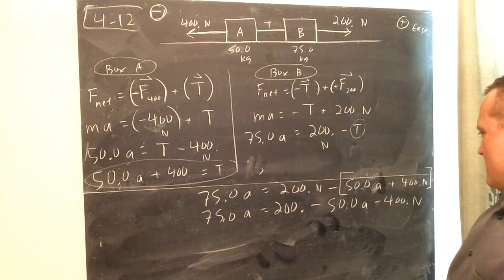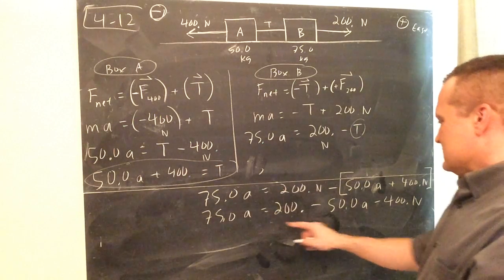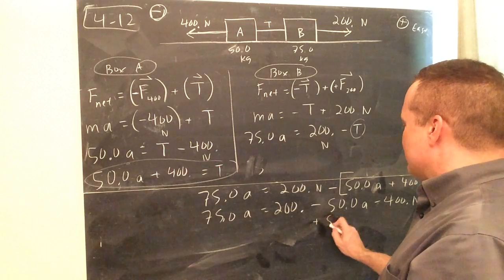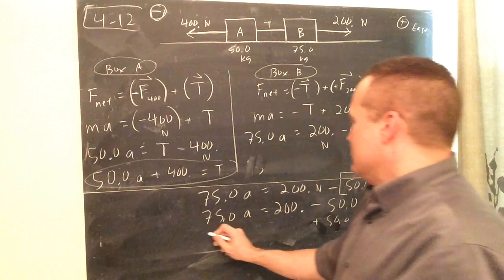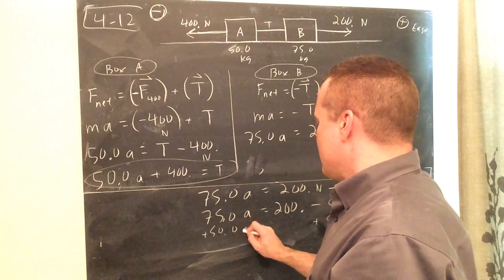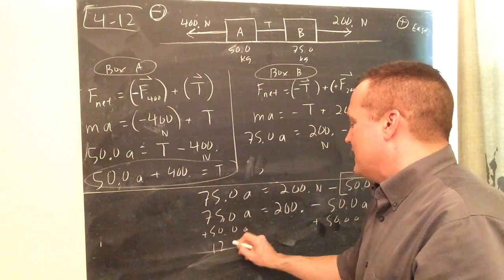Now, okay, let's collect all the terms. So to get rid of the minus 50A, I've got to add 50A to both sides. 75A plus 50A. So that means 125A, right? Yeah. 125